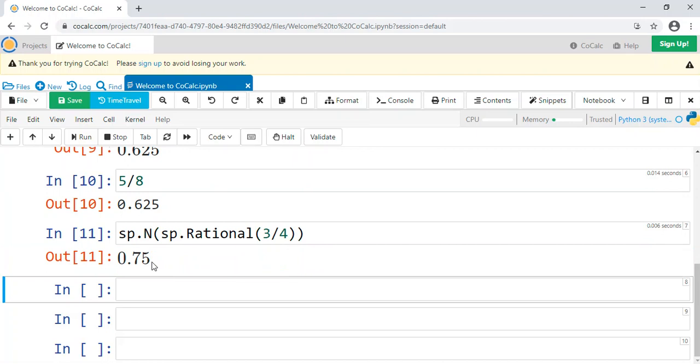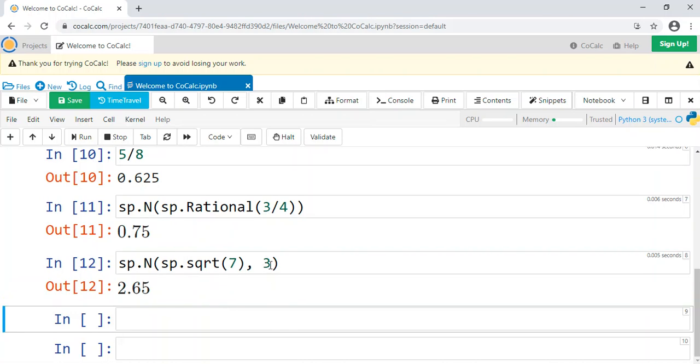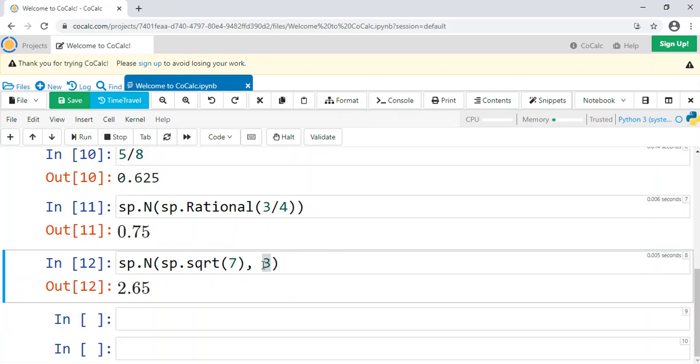Or you can also choose how many digits you want. So if you do sp.N of sp.sqrt(7), if you wanted this with 3 digits in it, you just do a comma 3, and it'll give you these 3 digits, 2.65.